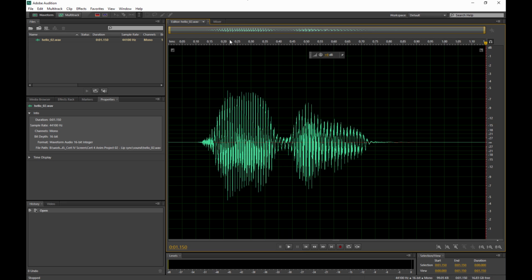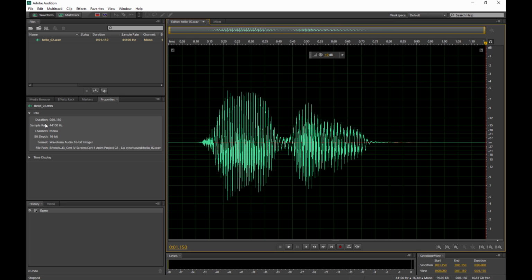So when I originally saved this out, it was saving at a default setting of 32-bit. It was coming out at a bit depth of 32-bit floating point, and Maya would not accept it. Sometimes it would import but then wouldn't show up in the actual timeline, and other times it would just give me error messages. So I've resaved this out as a 16-bit